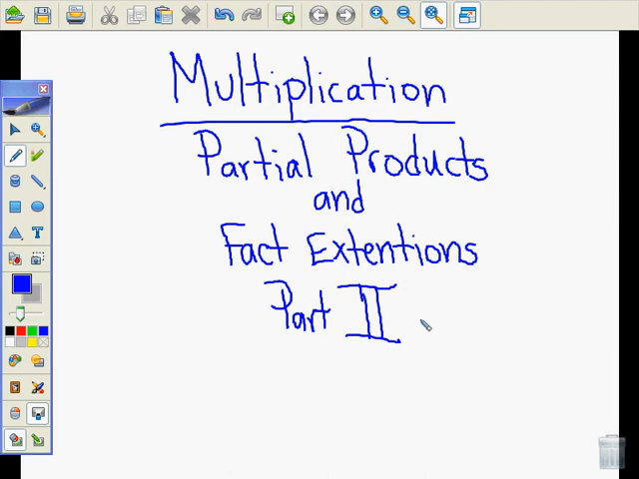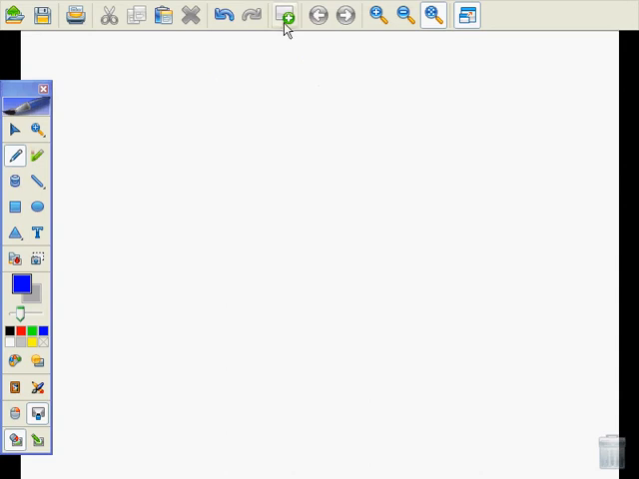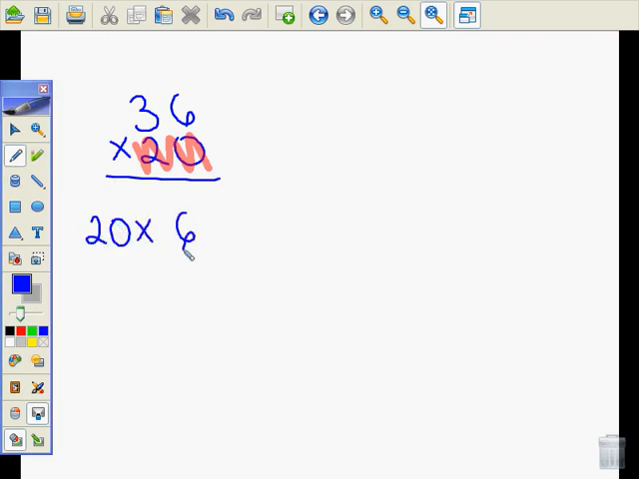Today we're going to continue our multiplication when using partial products and fact extensions. The other day we looked at how to multiply two numbers like 36 times 20 using our fact extensions with the base number of 10. So this example would look like 20 times 6, because our 6 is in the ones place, and 20 times